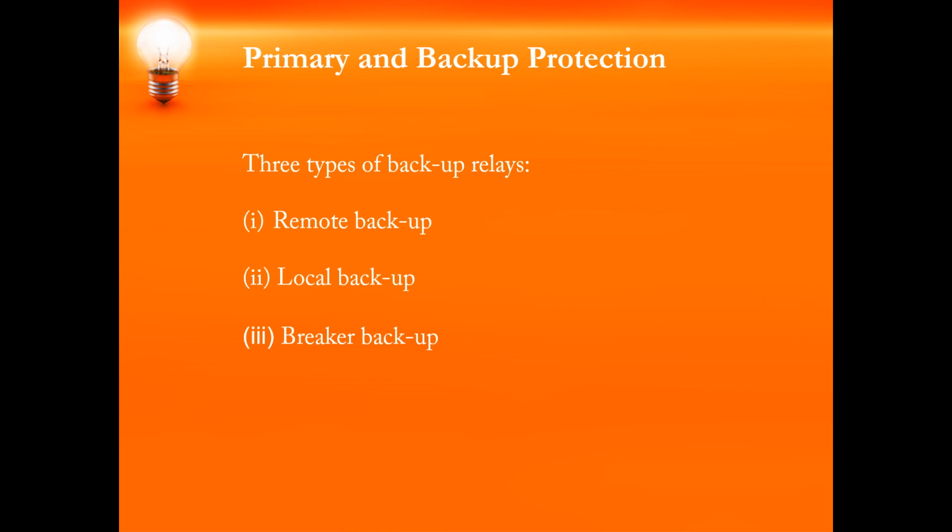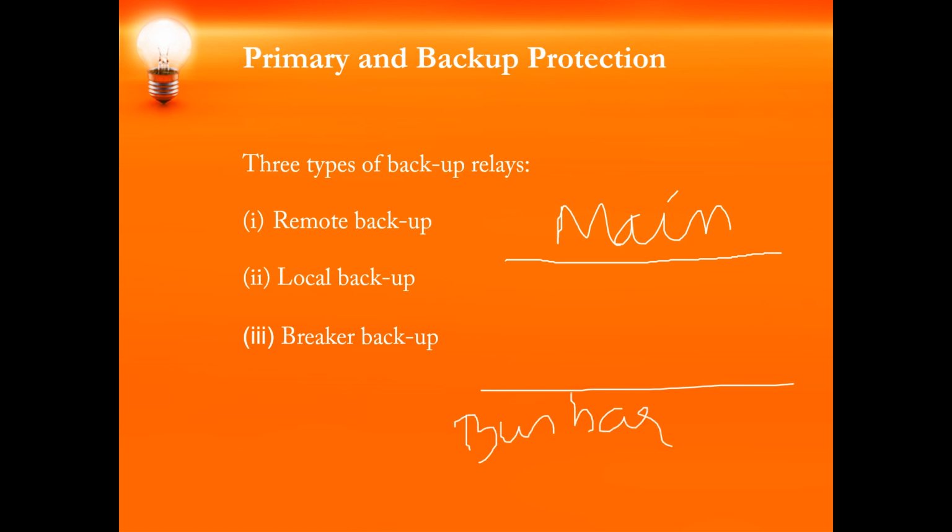Primary protection means, say suppose we have a main bus bar, this is the main bus line, and we have this one more bus bar wherein you have many lines which are coming out. Okay, these are the lines. So from main to bus bar, again here you have this circuit breaker. Okay, you have a connection, you have a protection system for it. Again for these lines also you have the CT and the associated circuit breaker.